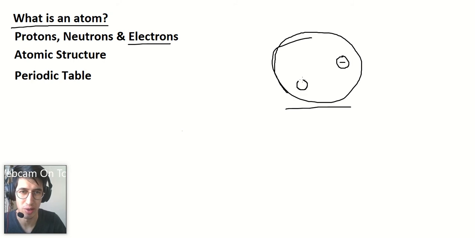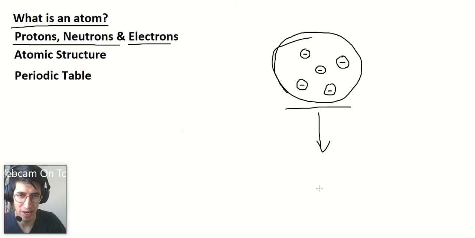Thomson said the electrons are inside the atom, and so he drew an atom that had electrons inside it, like so. Okay? But then, after that, we discovered the protons and the neutrons and the nucleus of an atom. They found out that the nucleus was right in the center and it was concentrated and had a lot of mass. So we went from this type of atom to the idea that in the center of the atom are all the protons and neutrons, and they're really squished together, protons being these positive particles